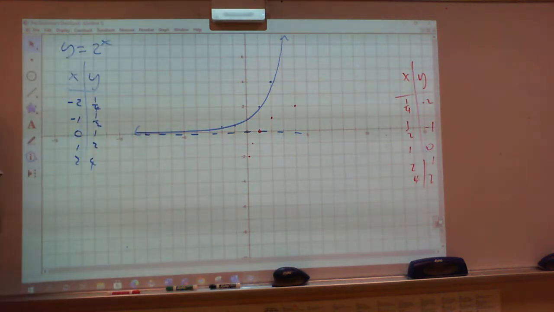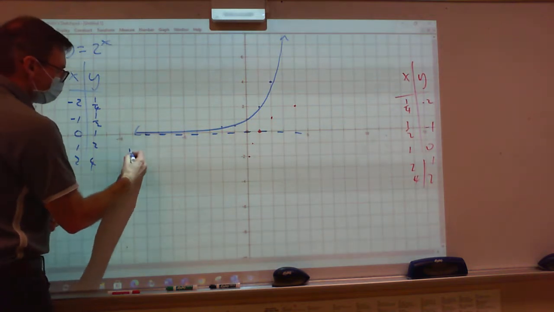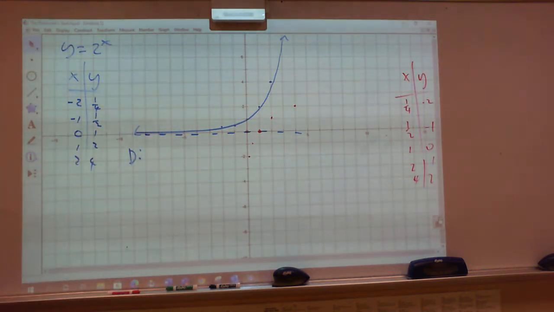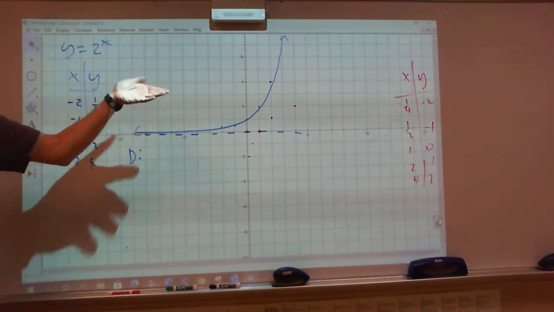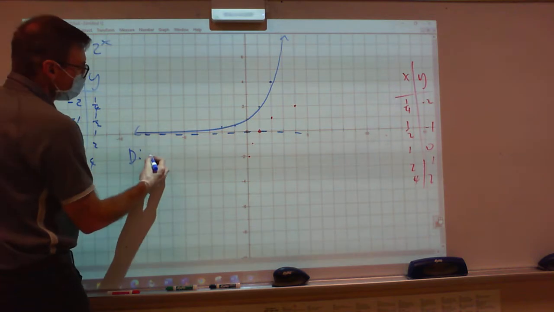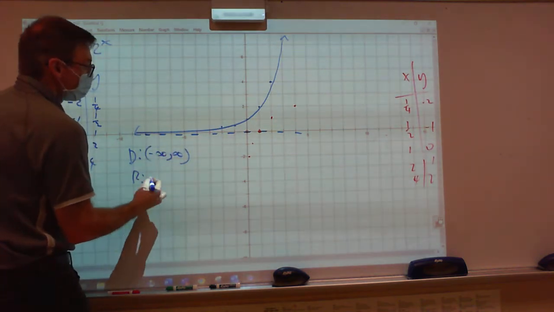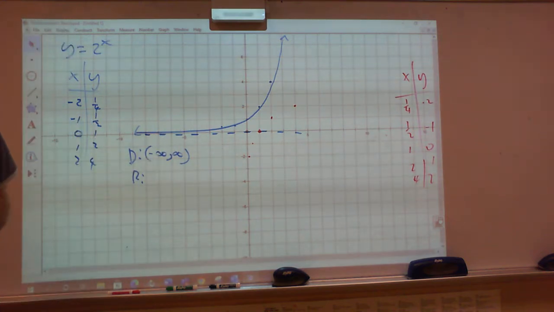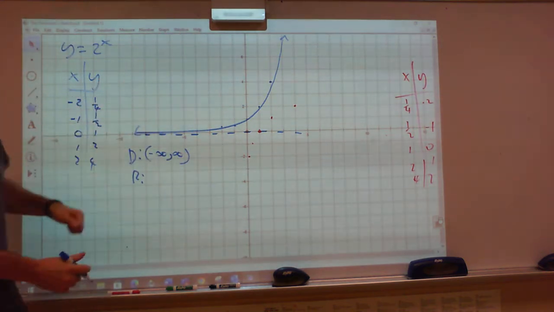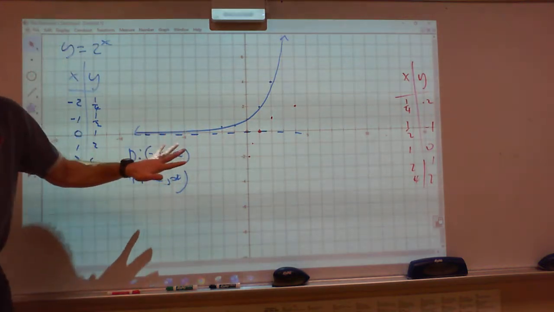I needed to talk. Back to the blue graph, let's talk about domain and range. What's our domain of the blue graph? Everything. Are we okay with that? -infinity to +infinity, all the way left, all the way right. So our domain here is -infinity to +infinity. What's our range of the blue graph? 0 to infinity. Are we okay? Now,